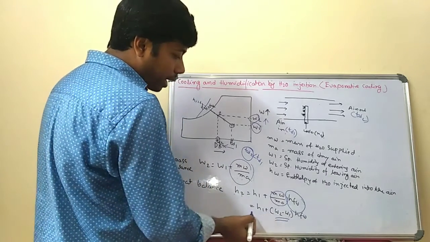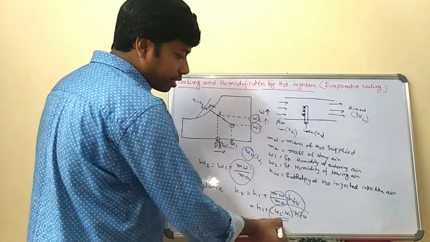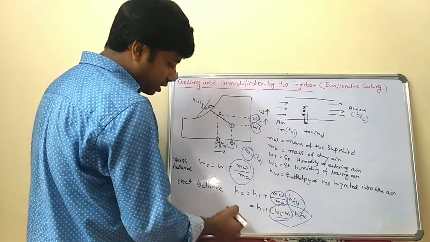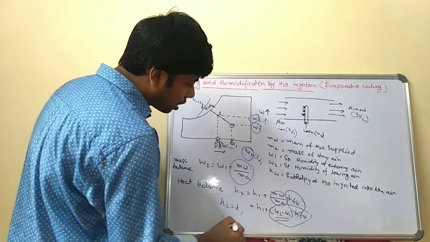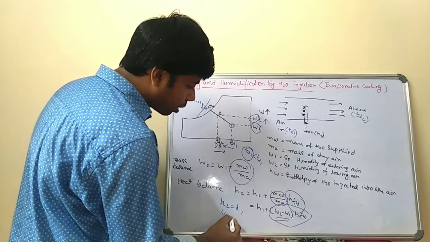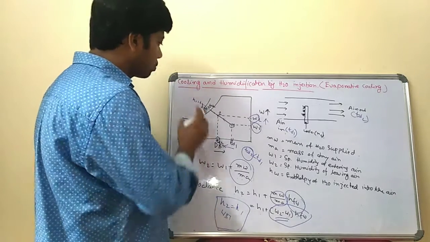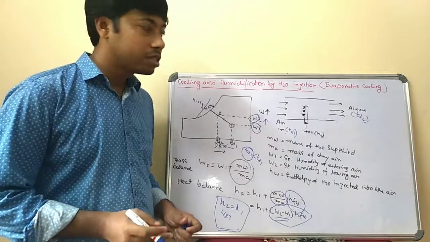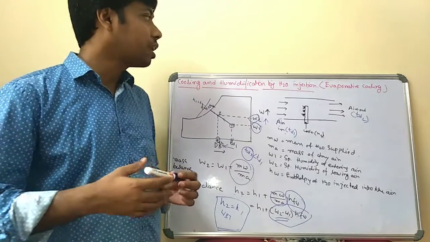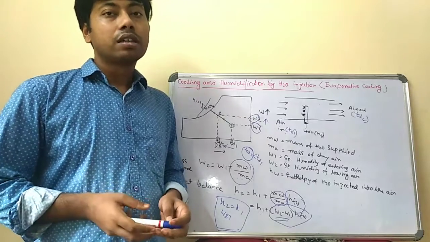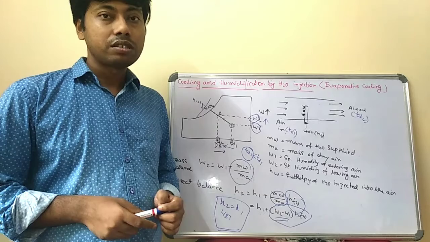But the value of (W2 minus W1) into HFW is very small compared to H1. So basically in this cooling and humidification process, the enthalpy value is constant and the wet bulb temperature is also constant. Both are constant through the cooling and humidification process, which is also called evaporative cooling. So cooling and humidification is done either by evaporative cooling or adiabatically. Thank you very much for listening and watching me.